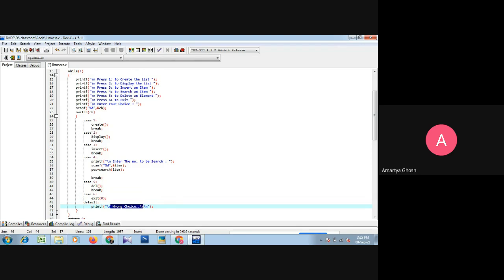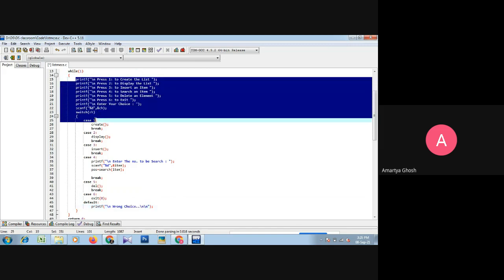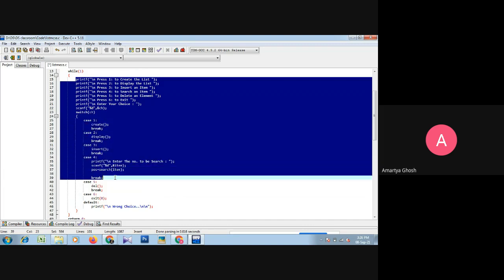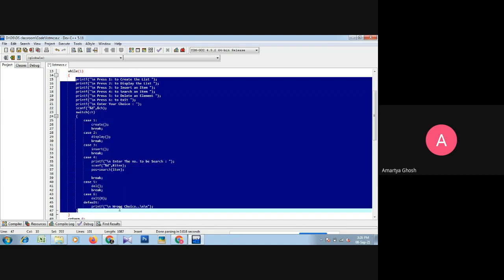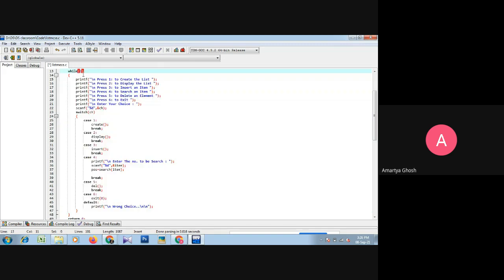Now the question is, if the user executes only a single operation at a time, we have to give the options simultaneously. After getting one operation, again we have to print the options to the user and ask the user to enter their choice. That is why the whole program, that is the options, taking the choice from the user and sending it into the switch, comes within the while loop.